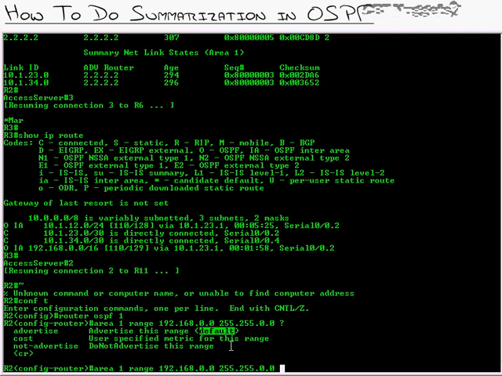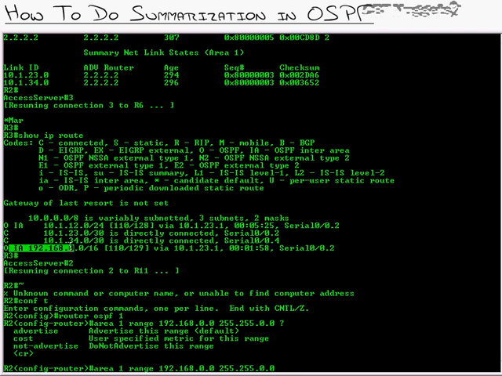This one is advertised. Also notice that it says not advertised, which means I can put in a summary route, but not advertise it. Now, you might be wondering, why on earth would I do that? And my point is, it's a good question. Not many people do. The only reason I could think that you would do that is if you wanted to suppress some of those routes from being heard about in other areas. Because as soon as you type this command in, whether you advertise it or not, it's going to suppress those routes. So by putting not advertise on there, you're suppressing them, but not advertising the summary route,